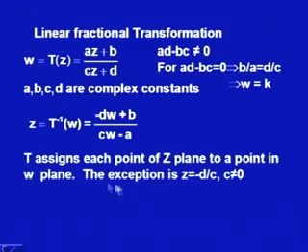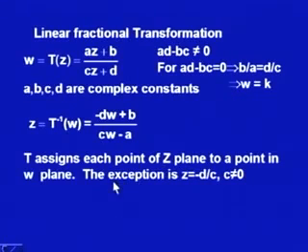So we can say that T assigns each point of Z plane to a point in the W plane, and similarly T inverse assigns each point of W plane to a point in Z plane. The exception is a point Z equal to minus D by C when C is not 0. This is the exception because when the denominator is 0 then this mapping is undefined. So apart from this, this mapping is defined everywhere, and you can have a corresponding point in W for a